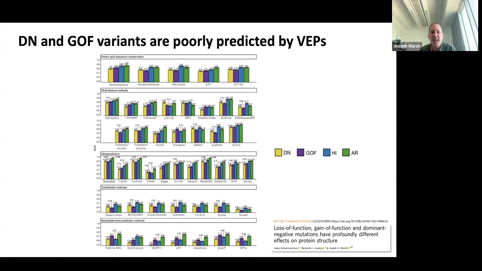But the other thing that we did with this data is we took these variant effect predictor models and compared how they performed on these different types of mutations. And what we found is that nearly all the predictors that we looked at did worse on gain of function and dominant negative mutations than they did on loss of function mutations. Since these tools are used quite widely in variant prioritization, so taking sequencing data and trying to find what variants are most likely to cause disease, this suggests that current sequence analysis pipelines might be missing a lot of disease mutations because they're just not very good on these kinds of variants that act by these alternative gain of function and dominant negative effects.